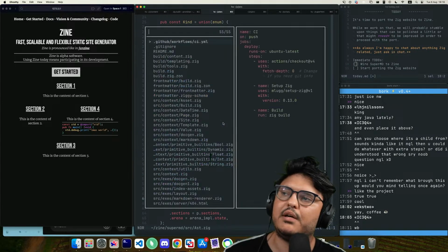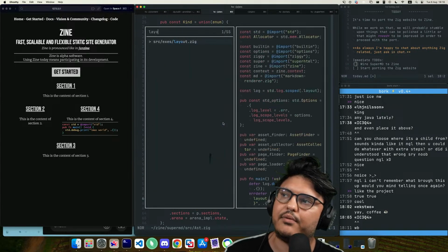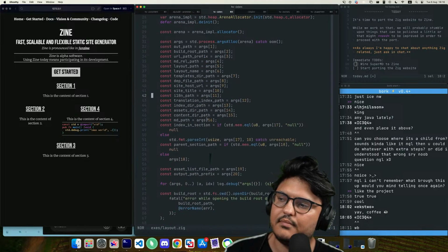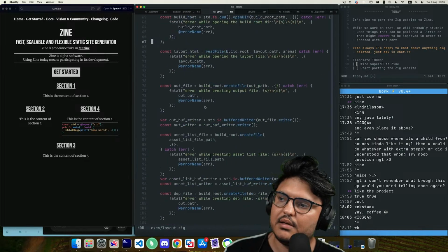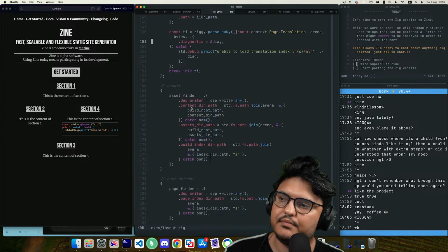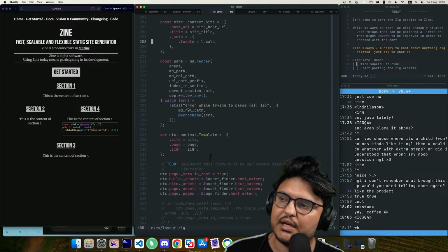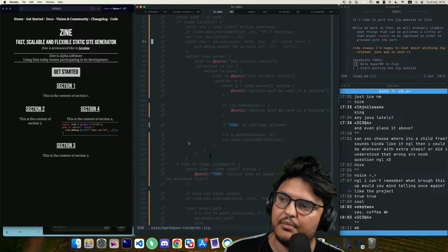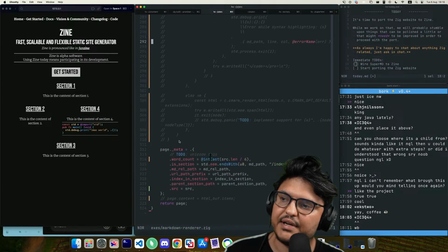Okay, so let's go to layout then. Let's go to layout. And at some point, we initialize our page. And we initialize the page by calling md.render. And right now, md.render is actually not rendering shit.